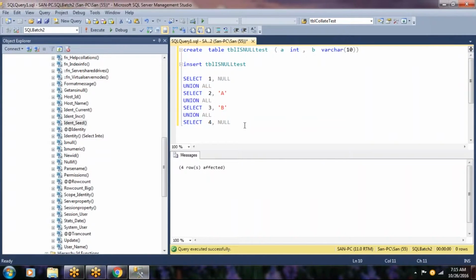What I have done here is I inserted 4 records into tbl_isnull_test.